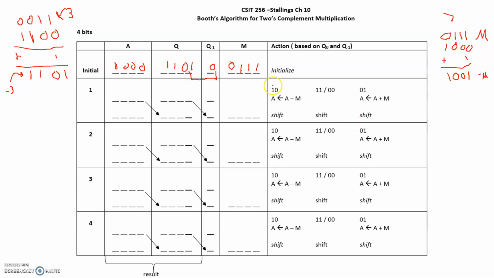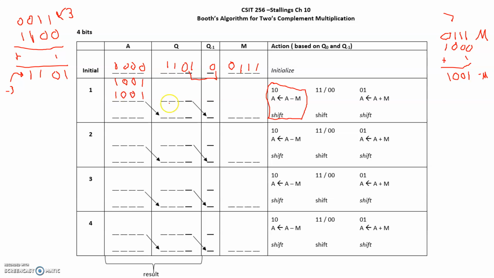Well, 1, 0, that's this one right here that we're going to do. And the first thing it says, we're going to subtract M from A. Well, here's A, but instead of subtracting M, we're going to add negative M. So we'll add to this 1, 0, 0, 1. And the sum of this, just to be consistent, I should start from the right. So 0 and 1 is 1, 0 and 0 is 0, 0 and 0 is 0,